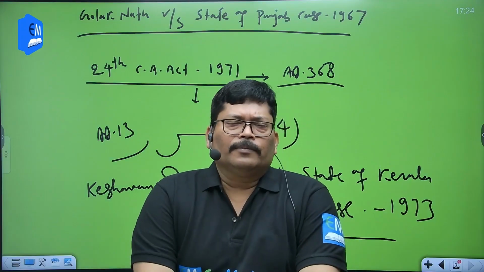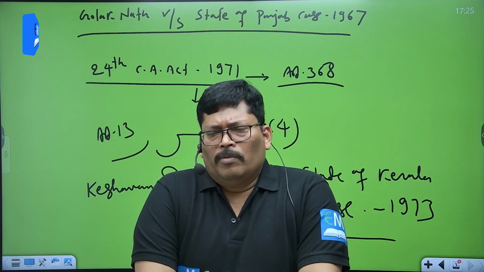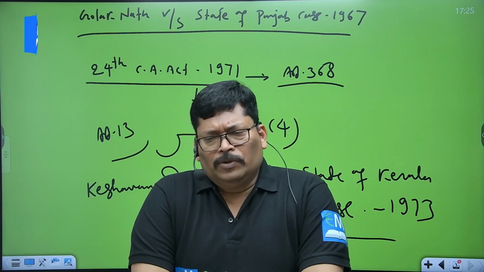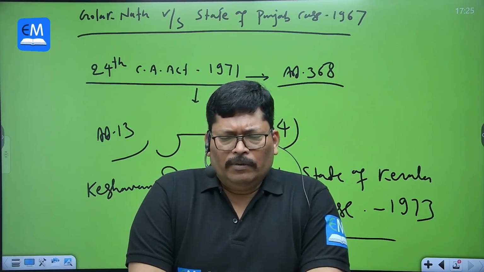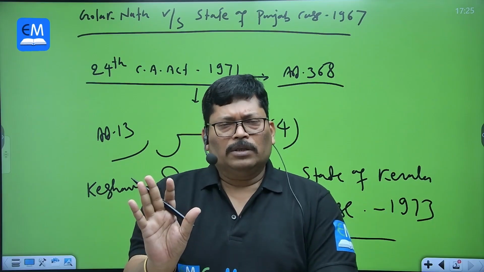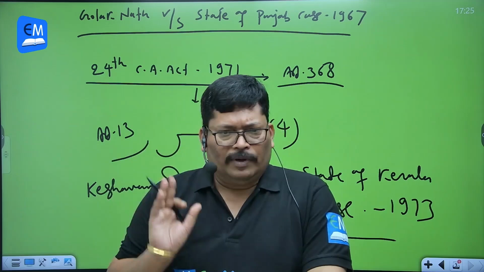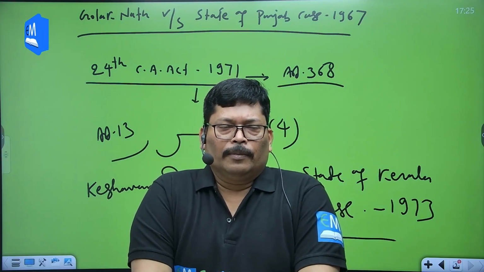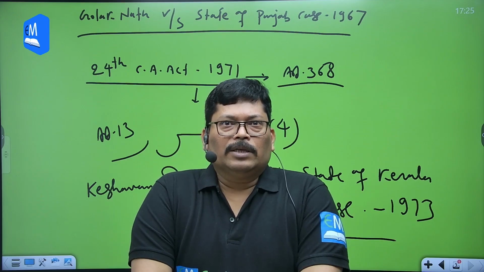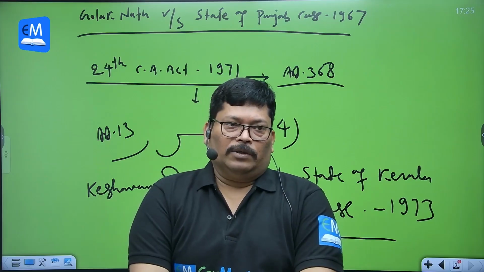What was that twist? The court said that yes, there is no problem, whatever we have given under Article 13 clause 4, that is okay. Means the judiciary has the power to review the ordinary laws only. We are not going to review any constitutional laws made by you within the ambit of Article 368. That is fine. But remember, the constitutional laws shall be subjected to the doctrine of basic structure of the Indian Constitution.